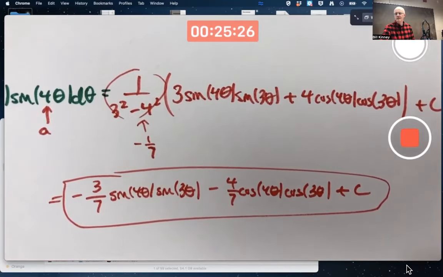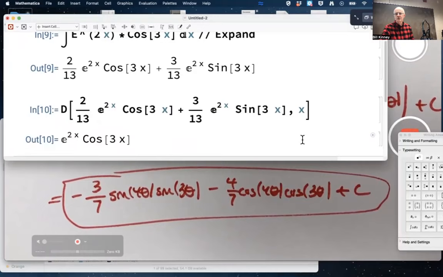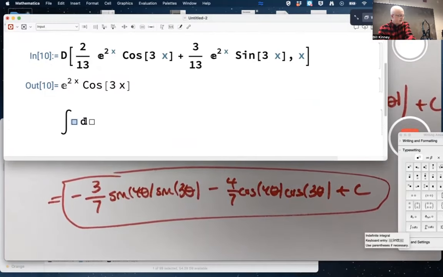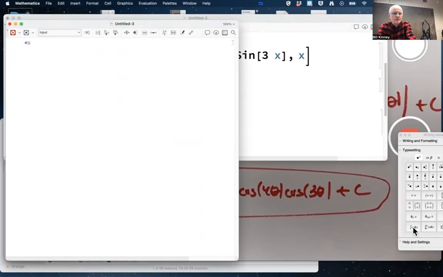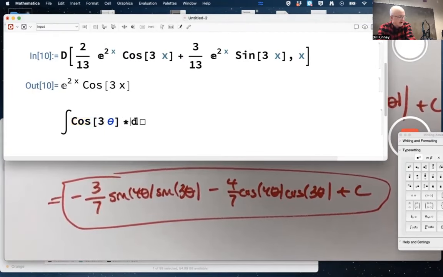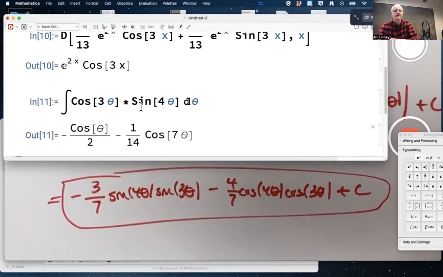If you try checking this with Mathematica, turns out you get something that looks different. The original integral is cos 3 theta times sine 4 theta, d theta. I can make a theta by doing escape, th, escape. It's going to look different,